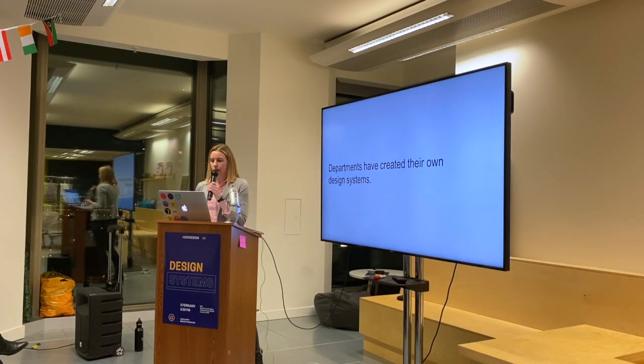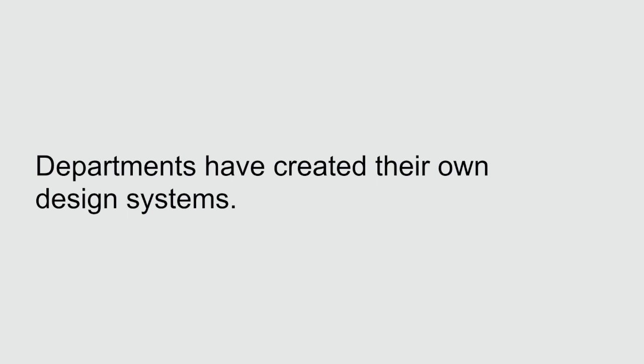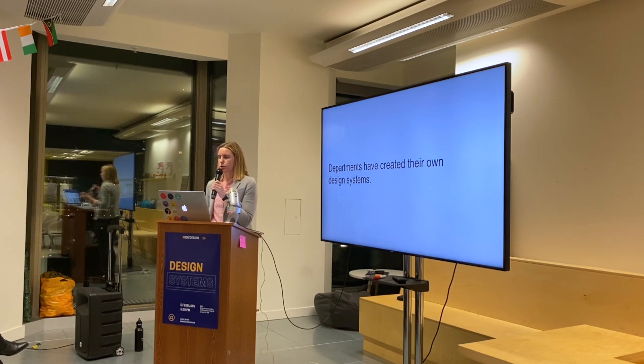We have also found that departments have created their own design systems, and you might be wondering why that is. It's potentially because GDS are most likely inundated with these kinds of requests from all of the government departments. There's a lot of work being done out there, so a lot of requests and questions come up, and there is just a single team dealing with that, which is a huge project. So you can see that departments would want a quick way to share solutions to common problems and not necessarily have a bottleneck. So it's a good intention to create independent design systems per department.